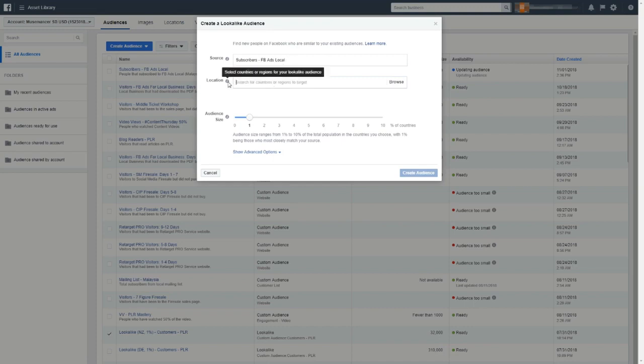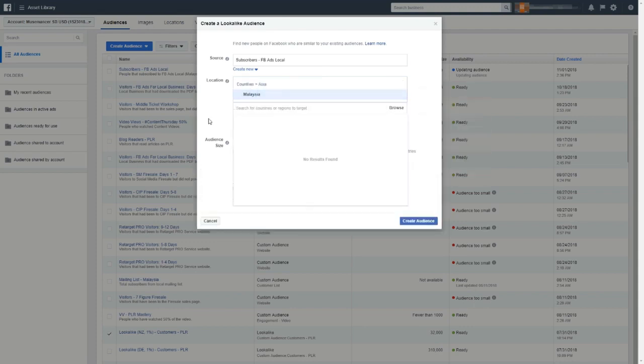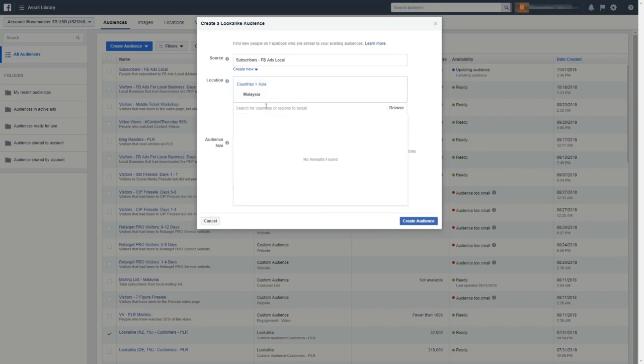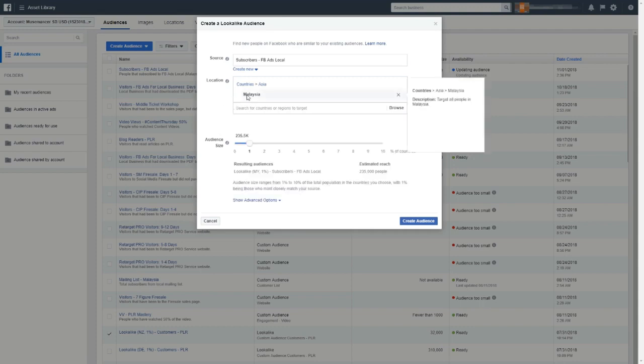And location. Now you can name any country that you want. So for example, mine, I'm going to have it here in Malaysia because this is a local mailing list and I'll find people similar to that. Although you can find people like that in other countries as well. But right now I'm just going to put Malaysia because for this particular list, I'm having only people within the country. All right. Next time, if you want to find similar people like that in other countries like United States and all that, you can go ahead, but I recommend you just put one country over here and no more